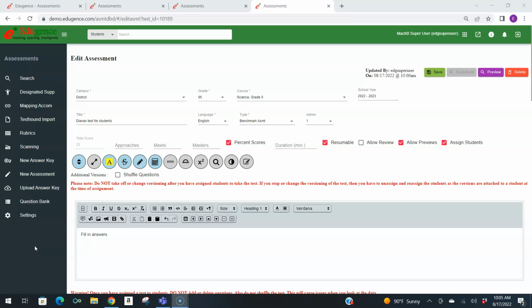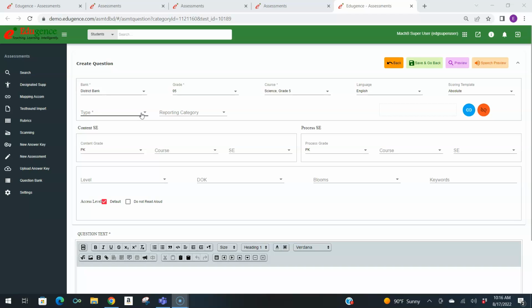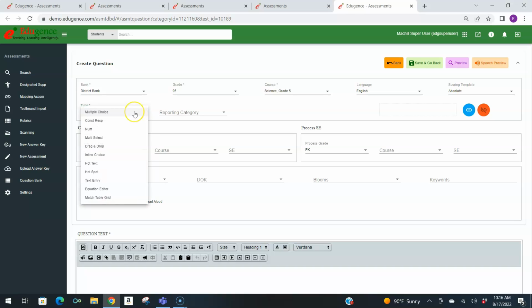Today we're going to talk about the new question types that are available in EdUgents. You can access those in Question Bank or through starting a new test. You may access the type of questions through clicking on Type, and you will see the different choices available to